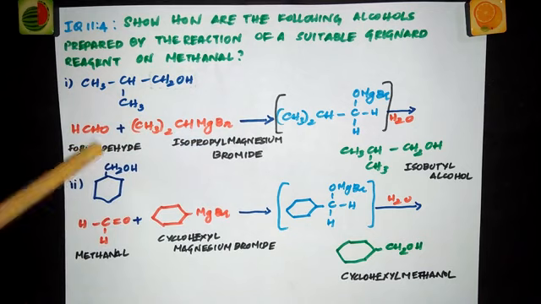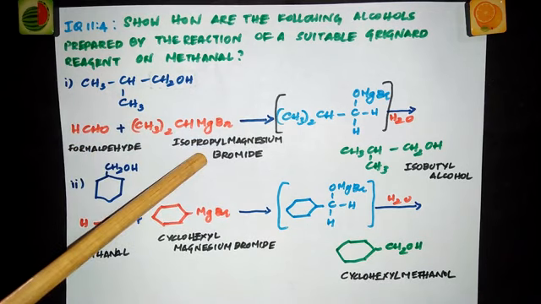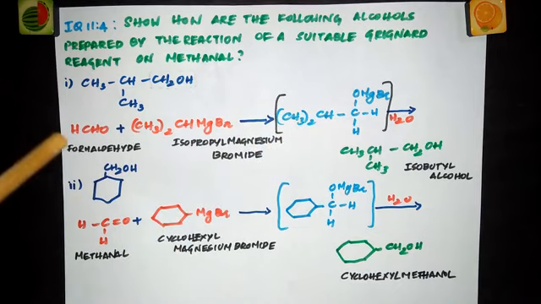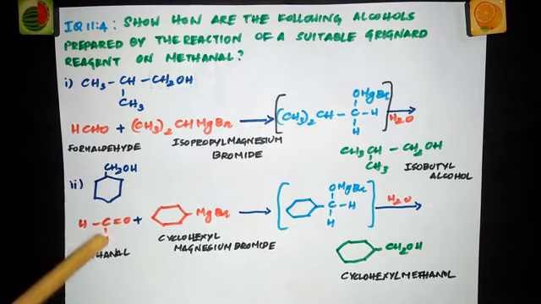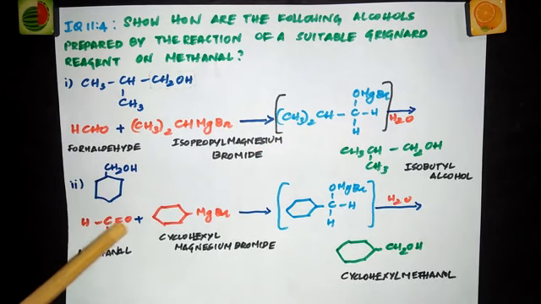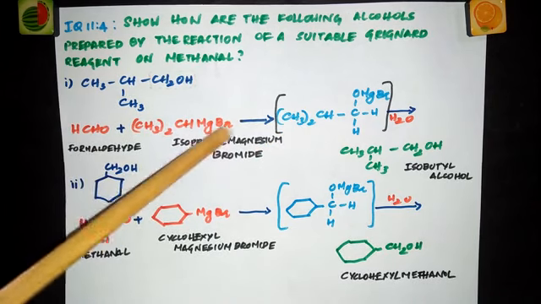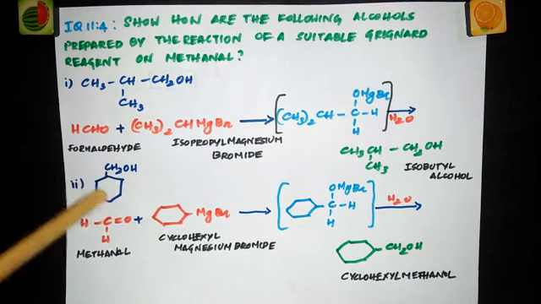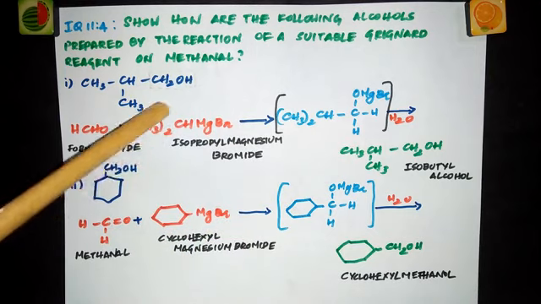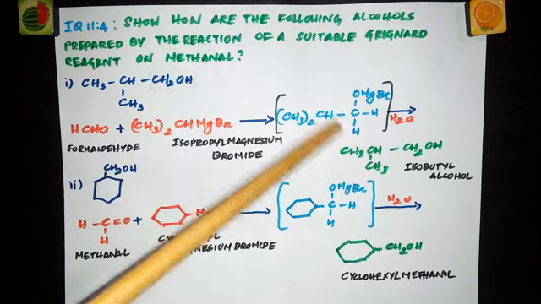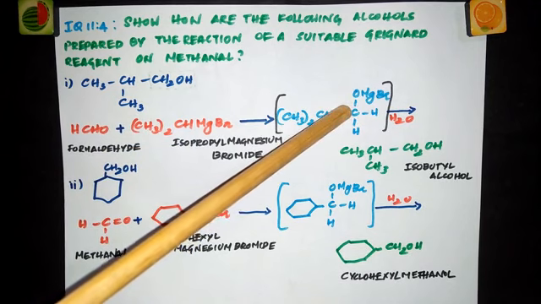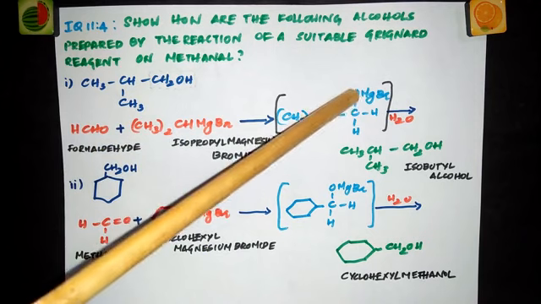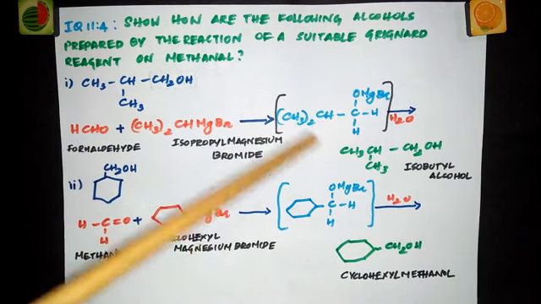Now taking formaldehyde and isopropyl magnesium bromide, what you will get? You will get an addition product. This formaldehyde can be written like this, CHH double bond O. And here to O, this MgBr will get attached and this (CH3)2CH will get attached to carbon. So that's what I've written here. So (CH3)2CH will get itself attached to the carbon of methanal and these two hydrogens are as such, and to this oxygen what is getting attached? MgBr. So this is the addition product.